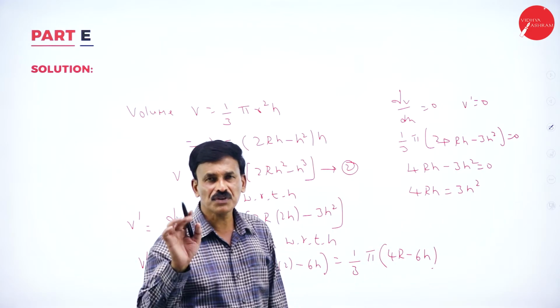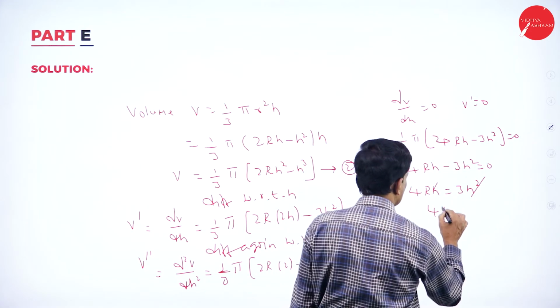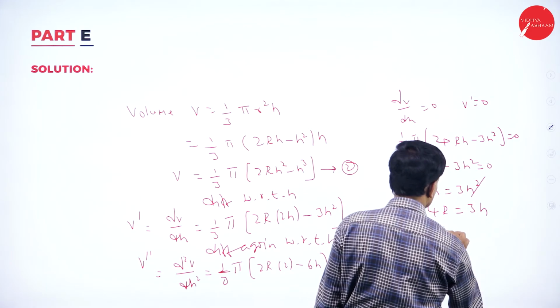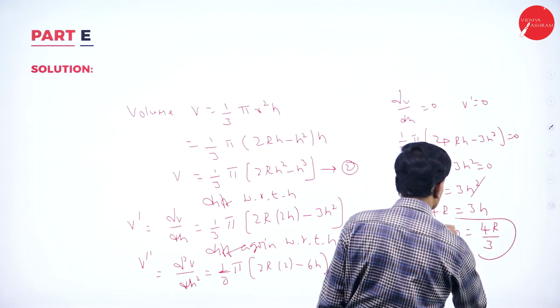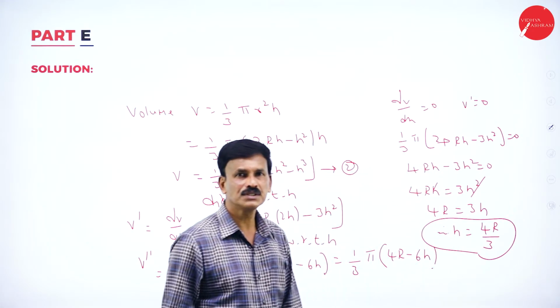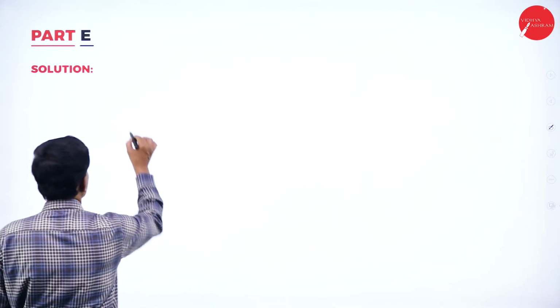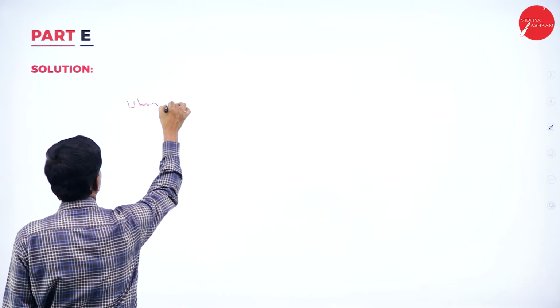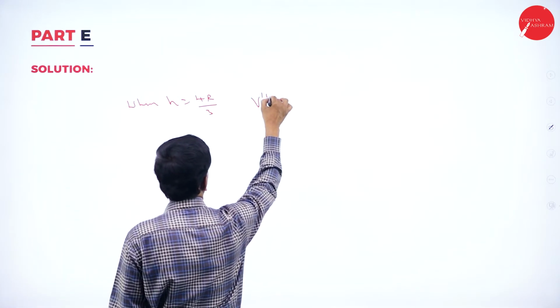Right. What is required is to find the value of h. So therefore, h and h get cancelled. 4r is equal to 3h. Therefore, h is equal to 4r divided by 3. The value of h is equal to 4r by 3. Now, if you put h is equal to 4r by 3 in the second derivative, now when h is equal to 4r by 3, this V double dash,